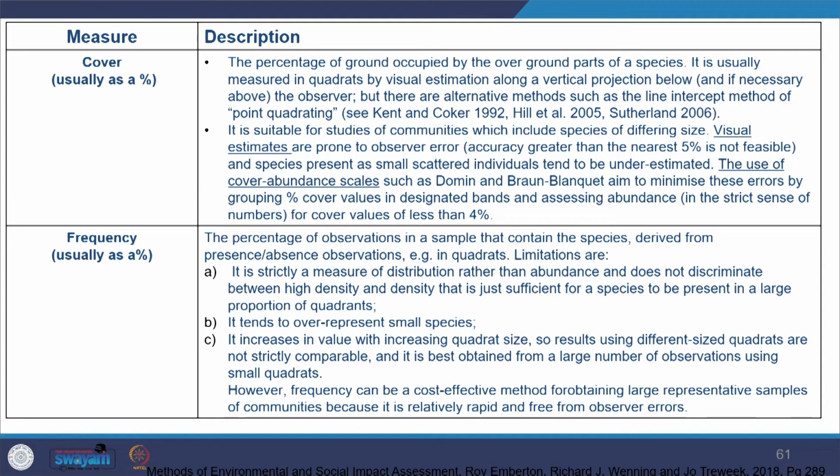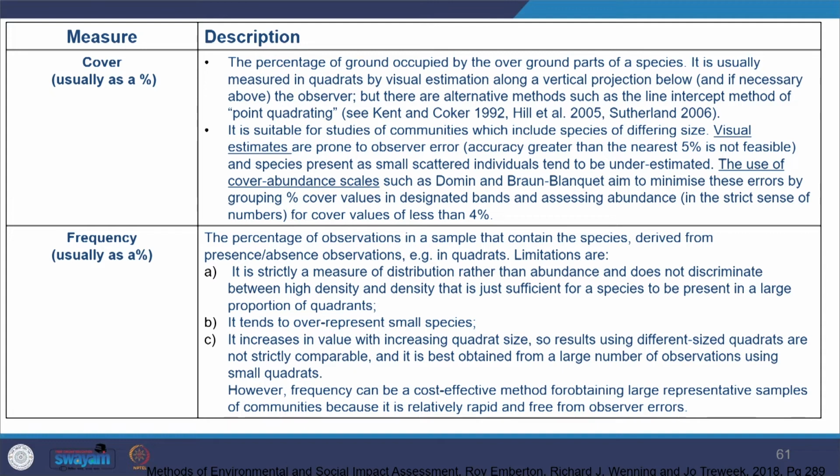I'm not going to get into the details of the scales here. So the other measure is frequency, which is again given in percentage. Here you see the percentage of observations in the sample that contain the species. So how frequently you are finding it, by seeing what is present and absent in the observations. The limitation of this is that it measures the distribution of the species rather than the abundance, and